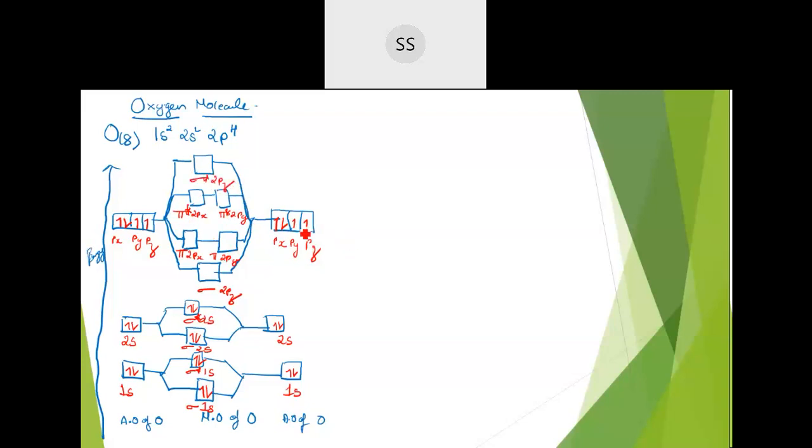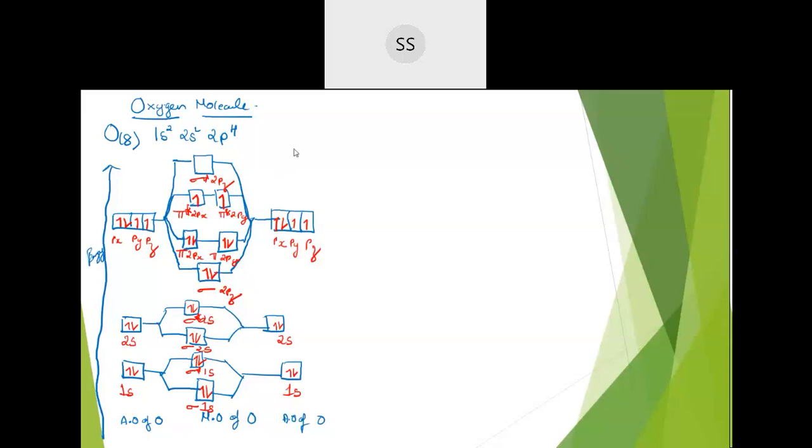Okay, so 8 electrons. Fill those 8 electrons according to the Hund's rule. You will start filling them. Okay, so 1, 2, 3, 4, 5, 6. Okay, so 6 are over. Now remaining is 2. So how will you fill them? 1, 1 each. Okay, 7 and then 8. So this is the way you are supposed to fill the electrons in the oxygen orbitals. Okay, so we are done with drawing the molecular orbital for oxygen.